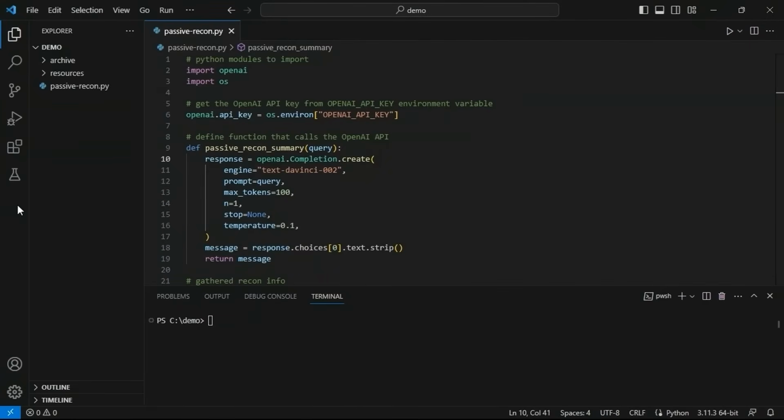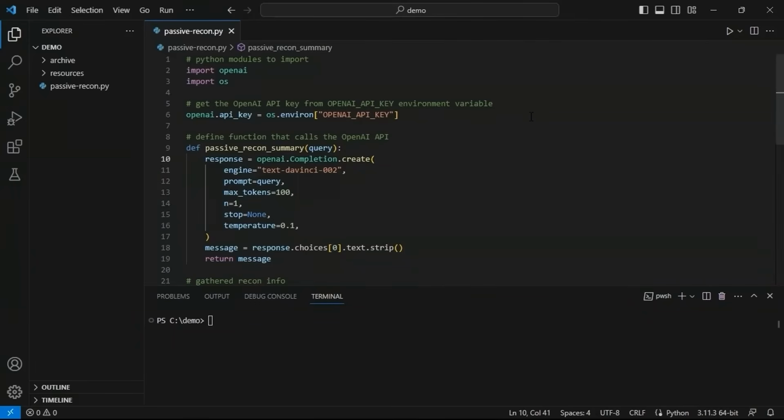In this demo, I used generative AI to summarize information gathered using passive reconnaissance. All right, so imagine that I've done some passive reconnaissance using your typical open source intelligence tools, like just searching the web, using a couple of different search engines, and so on. So we've returned this massive amount of reconnaissance information, and we want to use generative AI to summarize that information for us. Okay, well, I've done exactly that in a script named